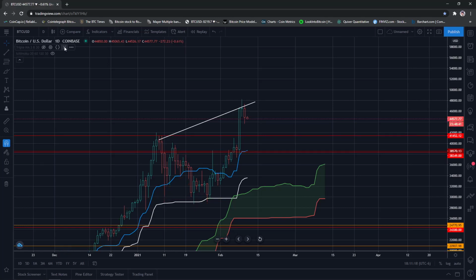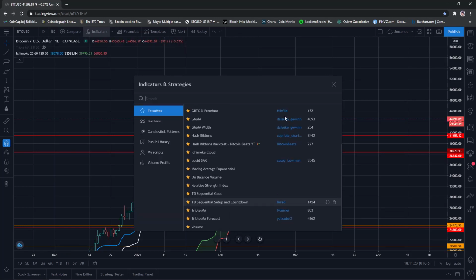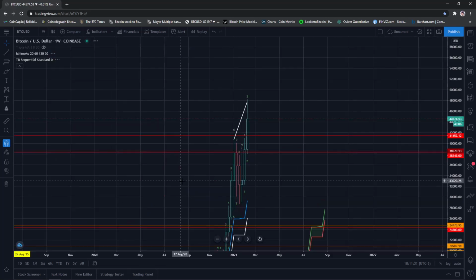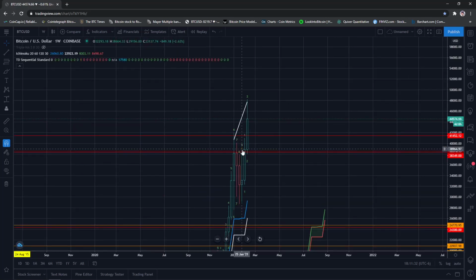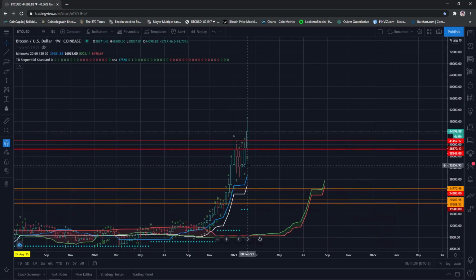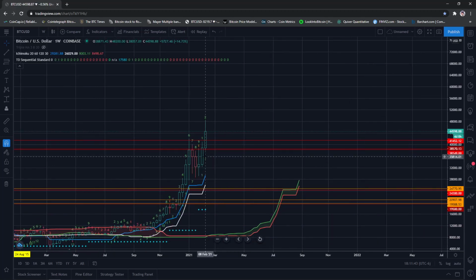Let me show you the other TD. So here we had a 4 reversal candle, 5, 6. I think there's going to be a lot of support right here between this $38,000 and $42,000 area. I'm not really worried about the weekly. We have a weekly 9 here. Ideally, even though we're not going to get the big price run up again anytime soon, what I would like to see is